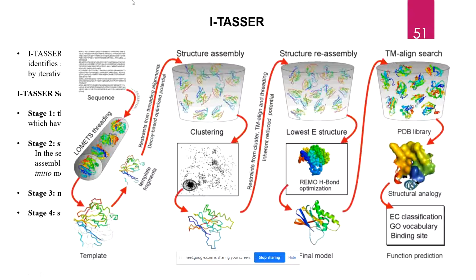Now after you give the sequence, this is the LOMETS threading. It runs the threading and checks this particular sequence, which is made up of only 10 or 11 amino acids, this particular domain, and matches it with various kinds of proteins. Once you get a particular hit, the best one, that particular template is selected, and then it is made to go through the quality assessment protocols.